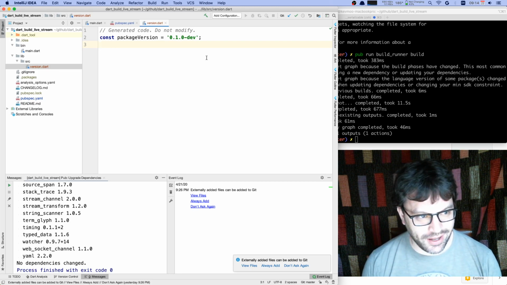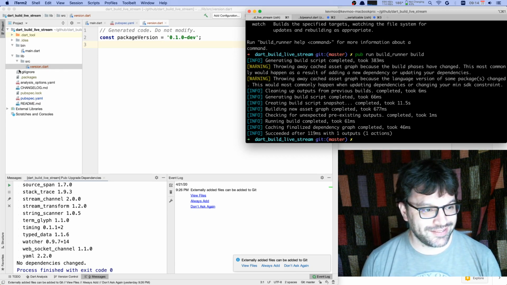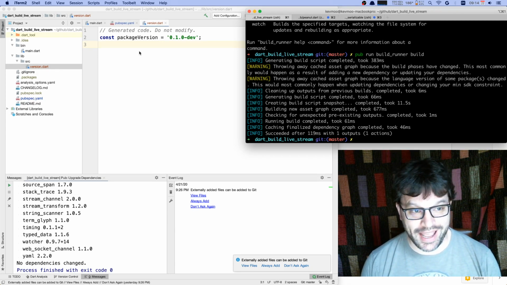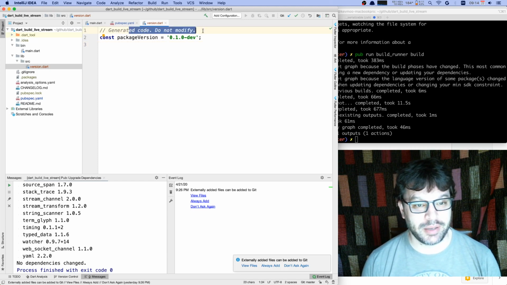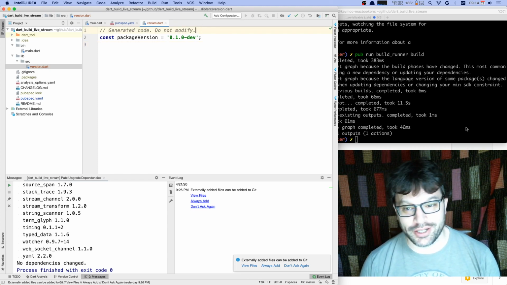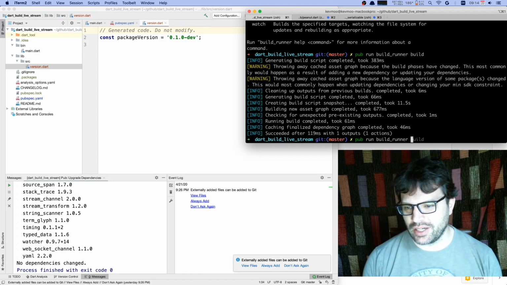I have a dependency on build_runner, and I depended on a builder. And now I have this version thing going on, with a nice reminder telling people, do not modify this. This is generated code. So what's really fun here is I can go in here and